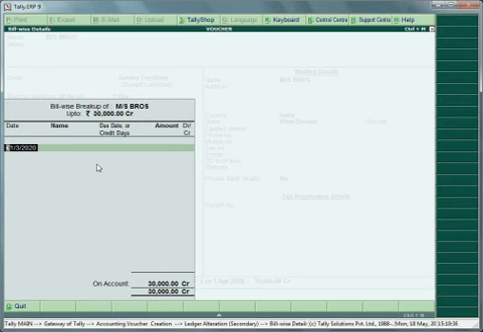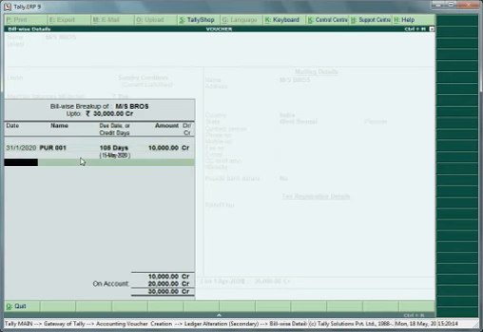We put a date, say 31st January 2020. Under name we have to put bill number, say as it is a sundry creditor, so it is created from purchase, so we say purchase PUR001 is the bill number. We give a due date for 105 days and amount is, suppose, 10,000. Then press enter, it is a credit balance, and press enter, it is directed to the next line because you